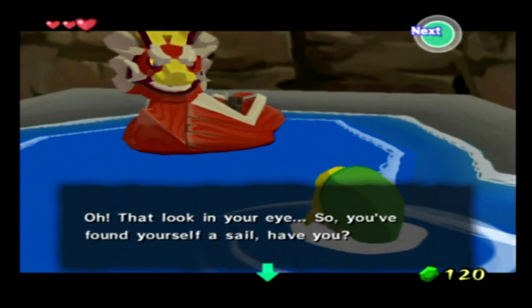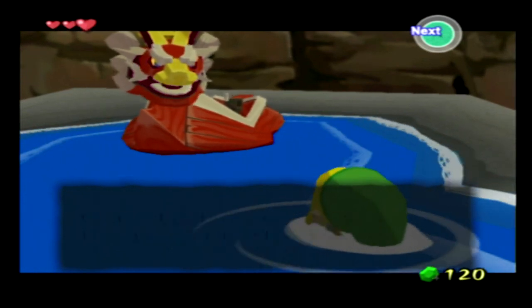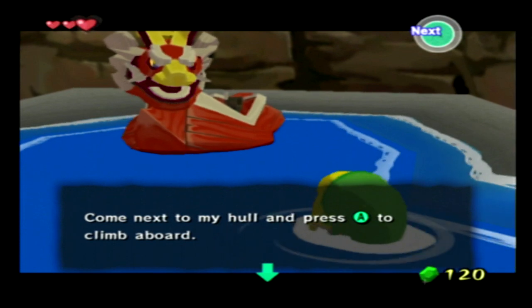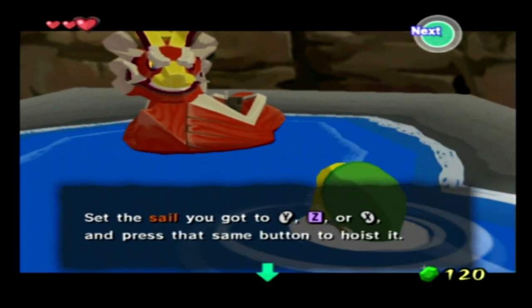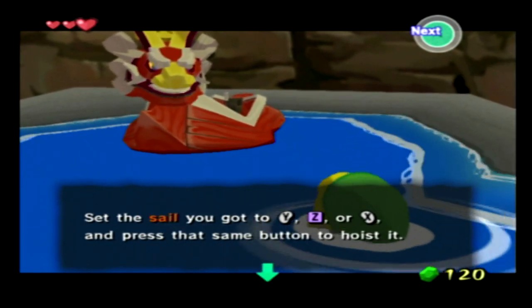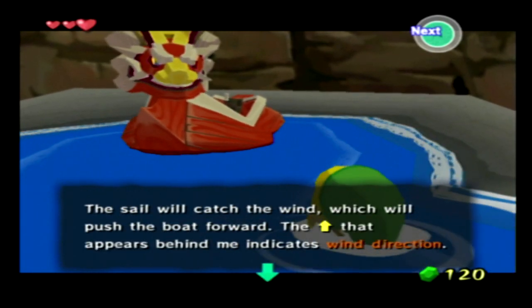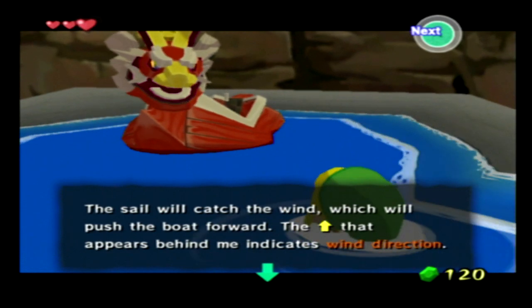Oh, that look in your eyes, sir. You found yourself a sail, have you? Very well, and I shall teach you the art of sailing. Come next to my hull and press A to climb aboard. Set the sail you got to Y, Z, or X and press the same button to hoist it. The sail can catch wind, which is pointed toward the direction that...